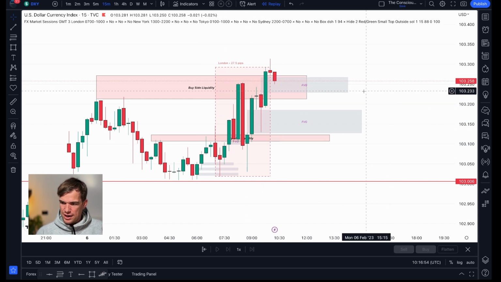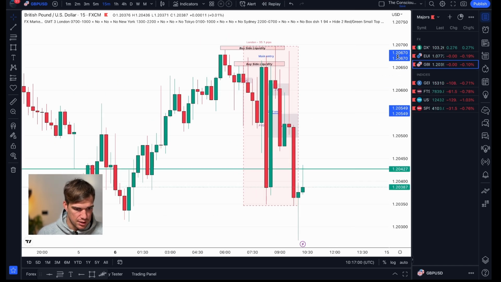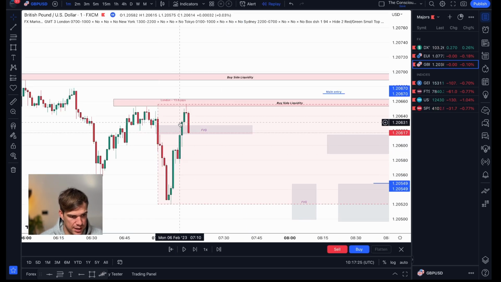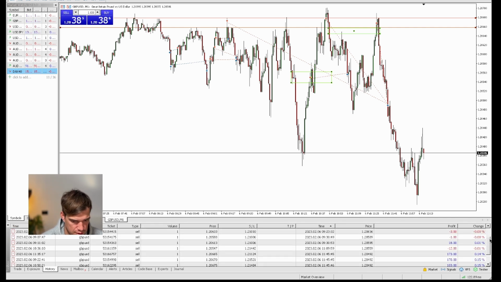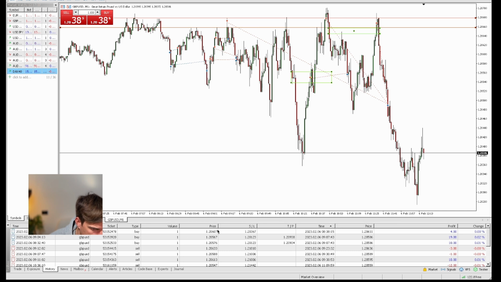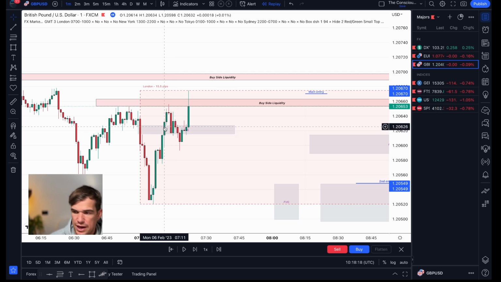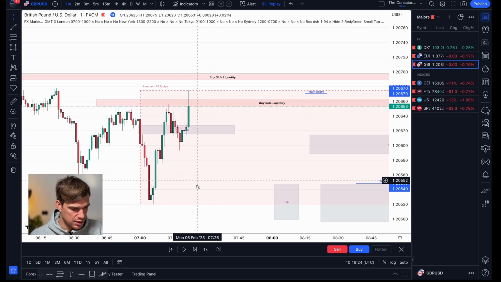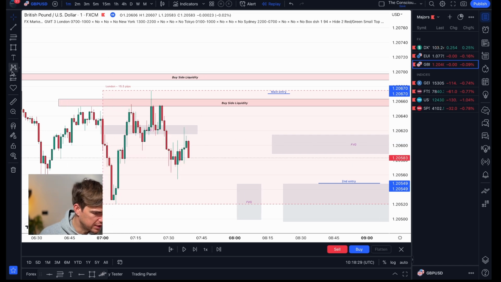Having that in mind, let's now go to our trading chart, which will be the pound dollar. And we're going to go back to the beginning of the session. We had a break of the, where did I get in? Let's see. Let's go back in 75 onto the top. And I was long on 1.20607. And this was the fair value gap that I got in. Now the fair value gap got filled and I was long. And then I got a second opportunity when it filled this fair value gap here.